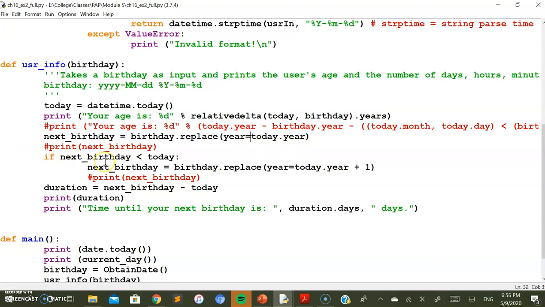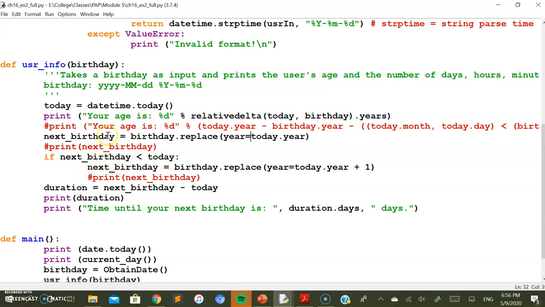So next you need to check whether the birthday of that person is coming up or has already passed. For that you need to check whether the next birthday is less than today's date, to check whether it has already passed or not.